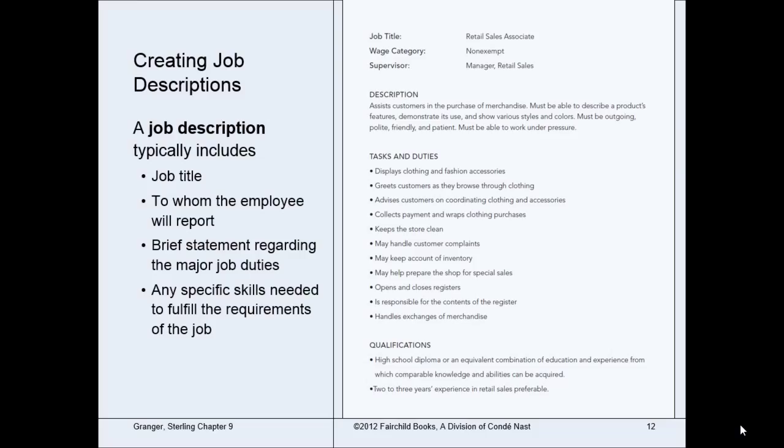So, as our slide shows, this is a job description for a retail sales associate, and it's actually shown in your textbook as figure 9.7. It just outlines the job description for a sales associate. And it also probably should have provided a section on tasks and duties, which would be to provide excellent customer service. So I thought it was kind of interesting that that wasn't included in there, since we keep talking about how